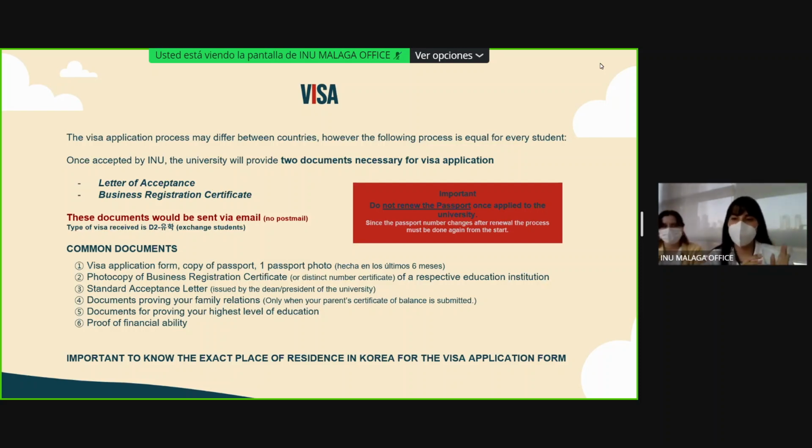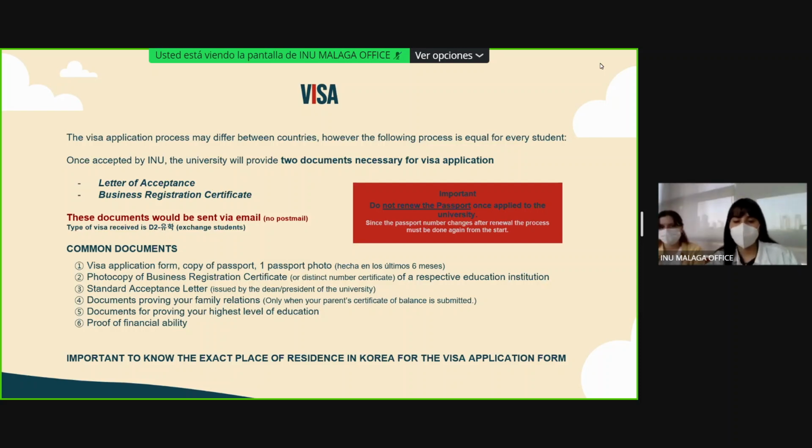If your passport is going to expire in 4 months, you need to renew it before applying to our university. Because once you renew your passport, all your numbers and everything changes, so you need to do the whole visa process again from the beginning. To avoid that inconvenience, make sure that your passport is valid for more than 6 months.